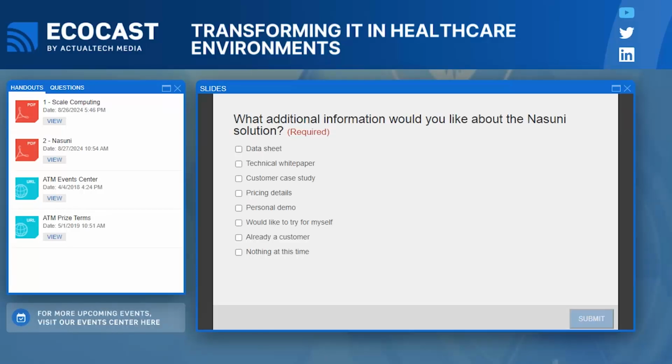Obviously, there's the physical migration, which, by the way, can run in parallel. So even if you have like 12 different file share systems, they can all run simultaneously. And in some cases, we even have the ability to effectively set up a proxy environment where your users can start using Nasuni on day one.